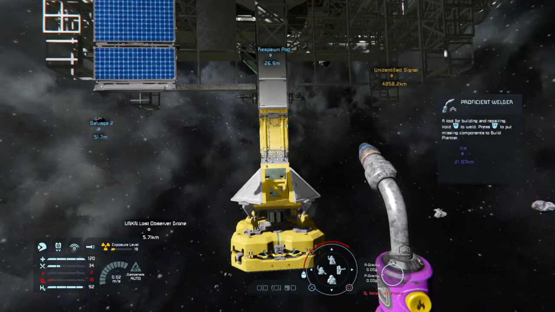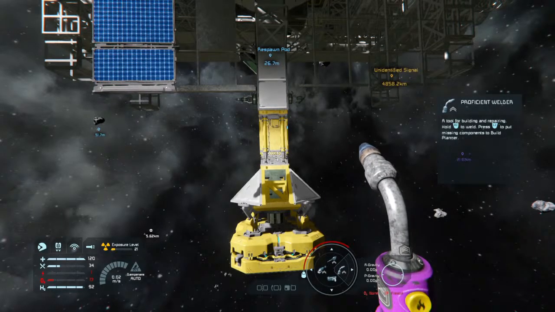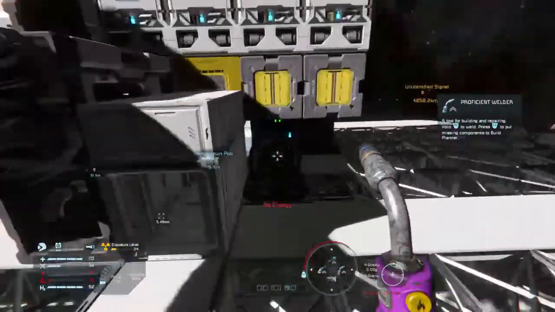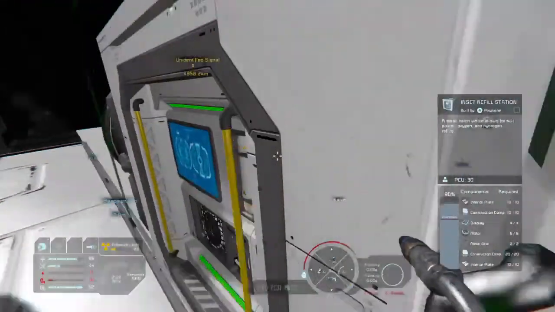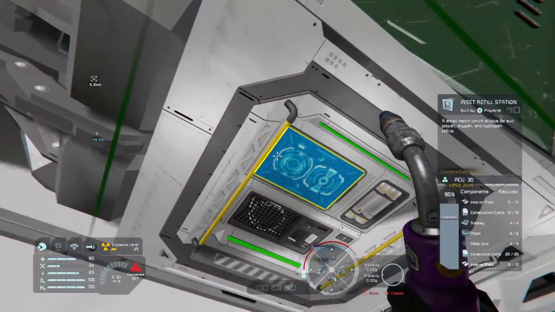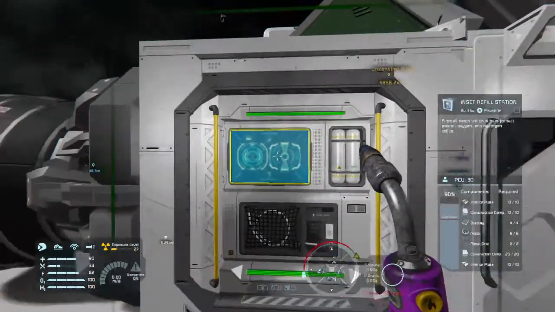What do we got coming by here? Oh, a lost observer drone. That could be interesting. But do we want to go after it right now for the small amount of material it would give us? Nah, not really. No energy. Oh, we need energy. Now we can always change that to a drill if we need to. Yeah, we're drifting along